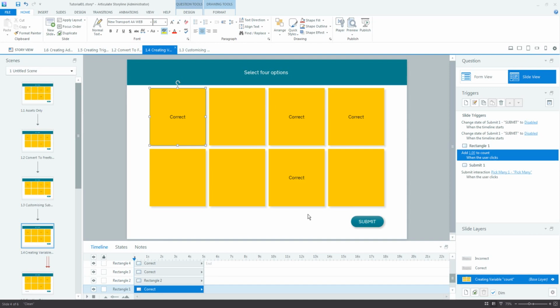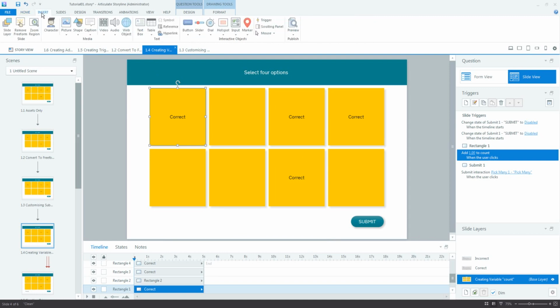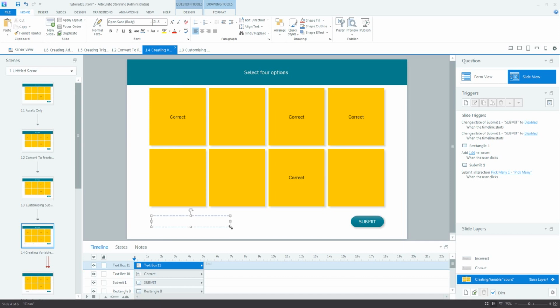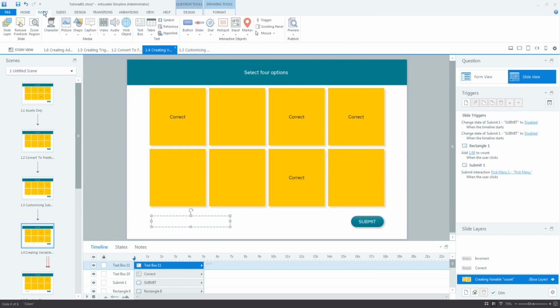And now step 4, for testing purposes, you can track the value of count by displaying its value on the stage. And here's how you do that. We're going to go on Insert. We're going to insert a text box on the stage. And then, with the text box still selected, we're going to go on Insert again, and then click on Reference.